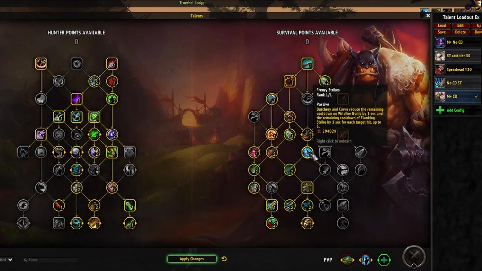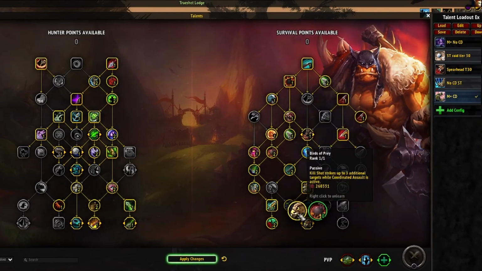However, Butchery reduces the remaining cooldown of our Wildfire Bombs by 1 second, and the cooldown of Flanking Strike by 1 second for each target hit, up to 5. So that's something you have to play around with, making sure that you don't overcap on charges while using your Butchery. Then we change from Bombardier to Birds of Prey, so that our Execute strikes 3 additional targets during our